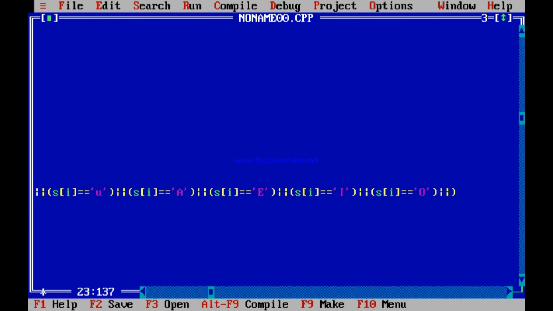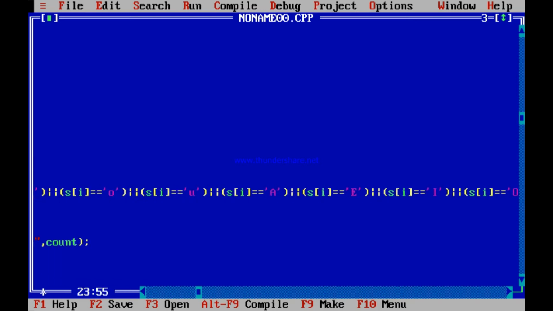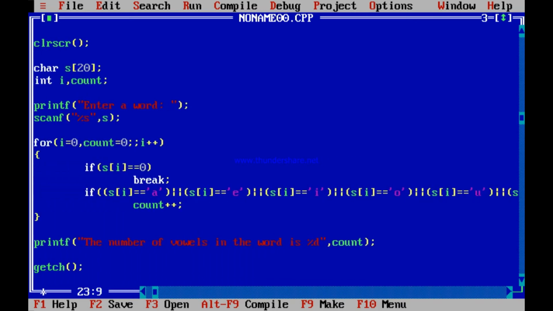And finally, if Si is equal to U, then in any of these cases, it is A, E, I, O, U, small a, capital A, anything. Now this will work fine.